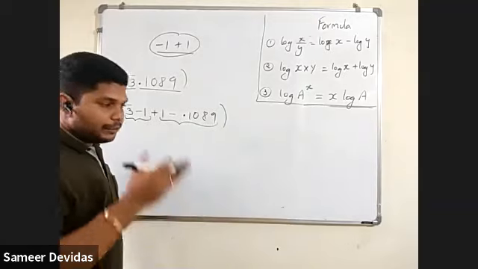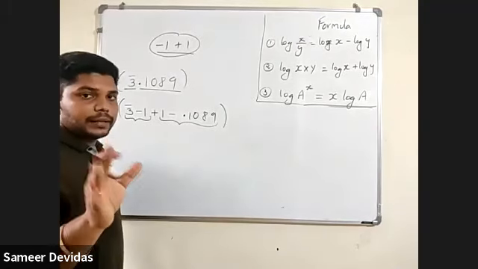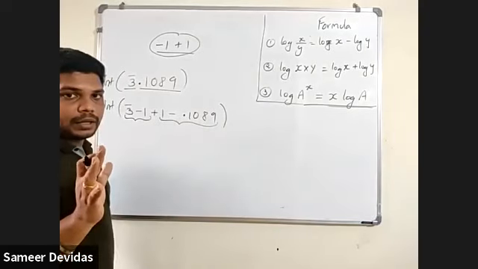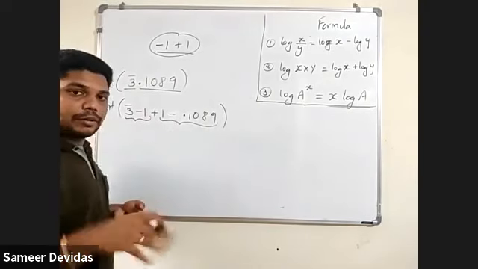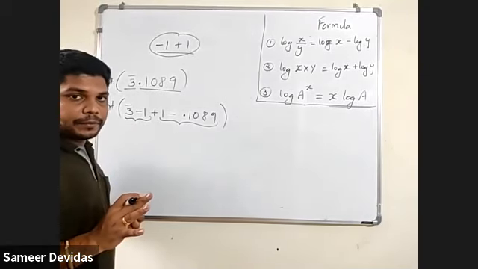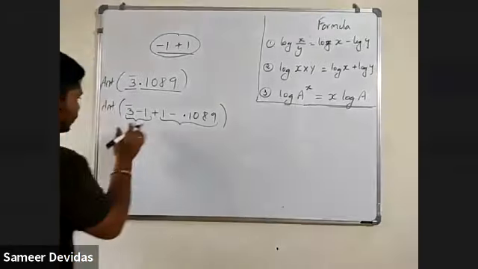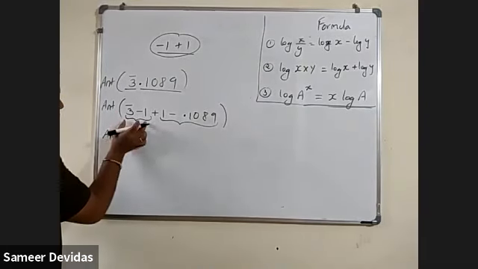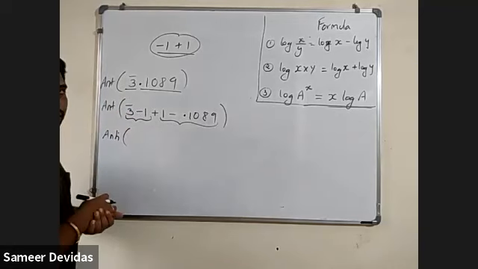See, it looks difficult, but if you try it for some time, then it is very easy. If you are not trying at all, then it will be difficult for you. If you think, this is difficult, I will not do it, simply you will waste 15 to 20 marks for the board exam next year. So try to learn it. Okay. Then you say anti-log. Now you tell me bar 3, bar 1. What is the answer?